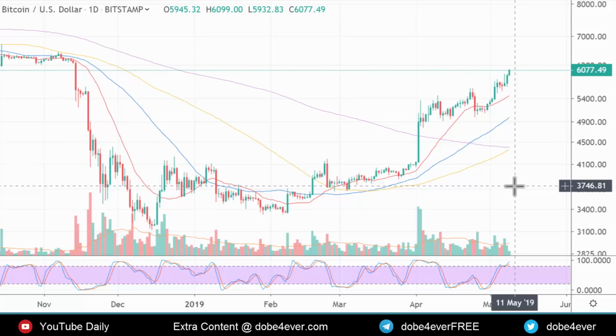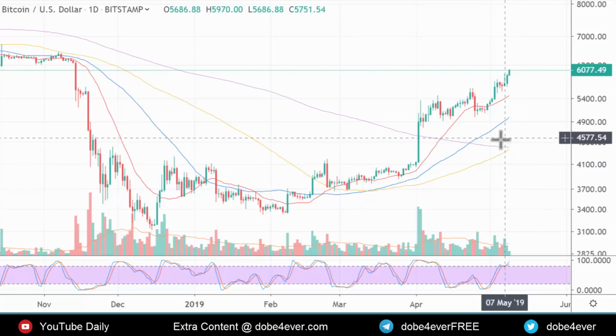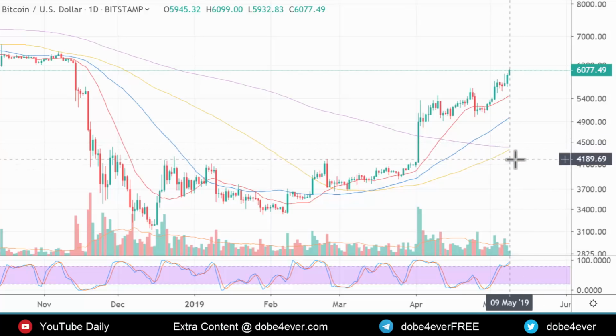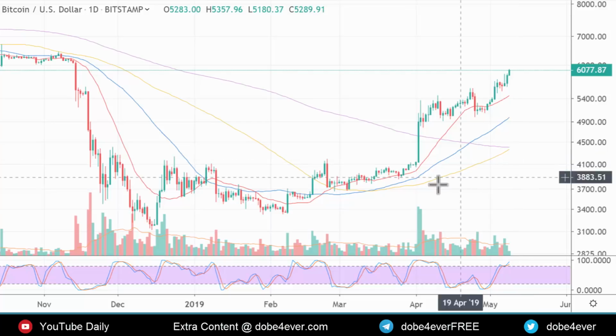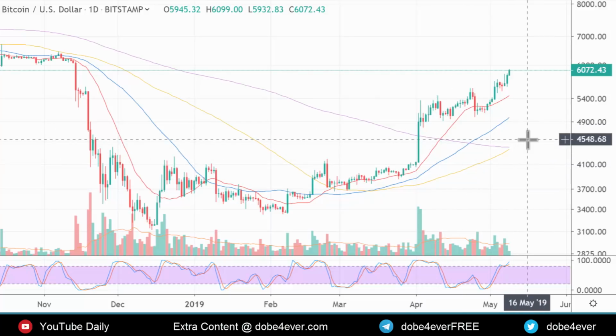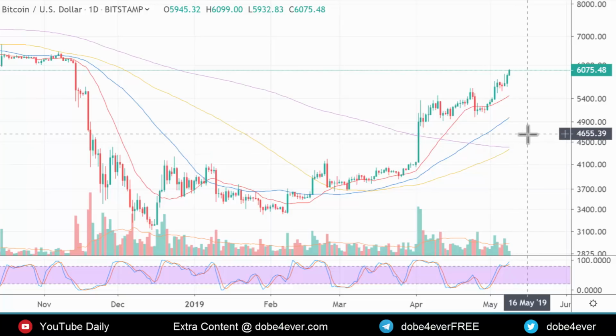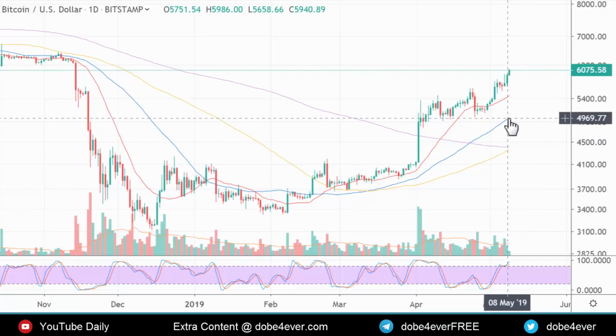I want to point out this golden cross that we are about to have right now with the 200 and 100 daily moving averages. The 200 is the purple one and the 100 is the yellow one. So once this yellow moving average crosses above the purple moving average, we are going to have the 4 standard